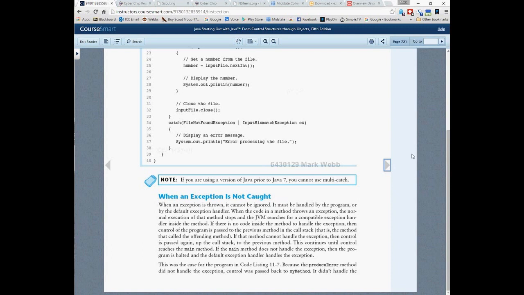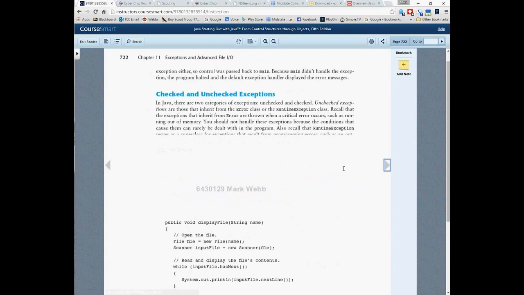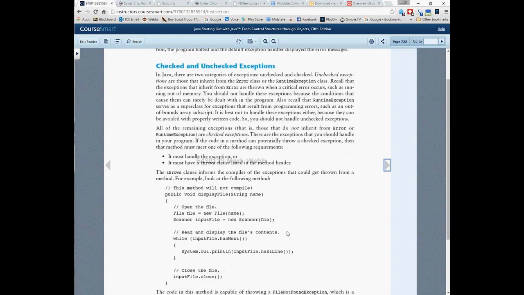So what happens if an exception is not caught? It says when an exception is thrown, it cannot be ignored. It must be handled by the program or by the default exception handler. So in Java, there are two categories of exceptions, unchecked and checked. And unchecked exceptions are those that inherit from the error class